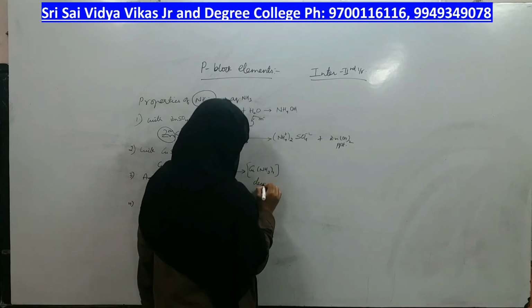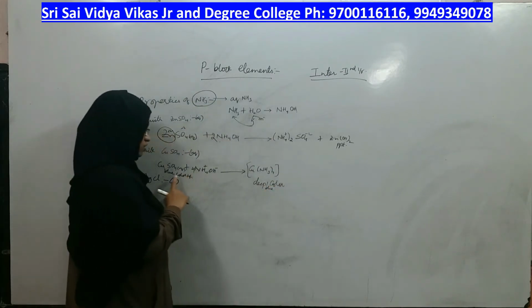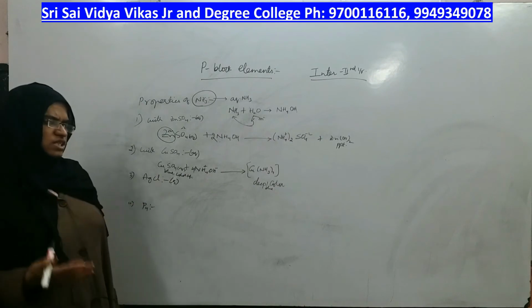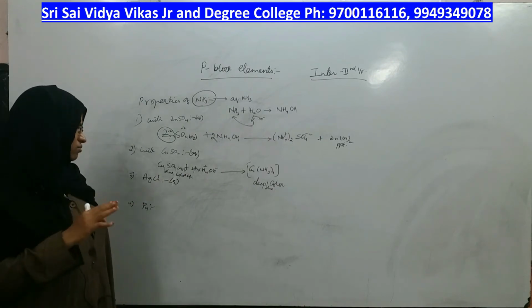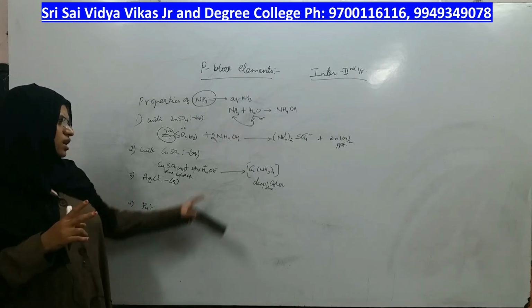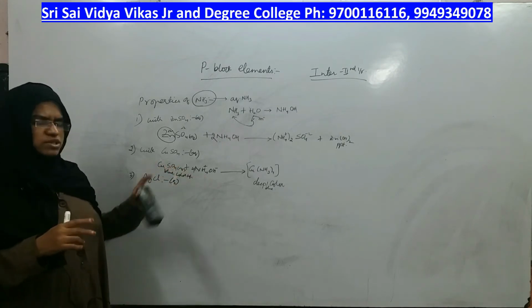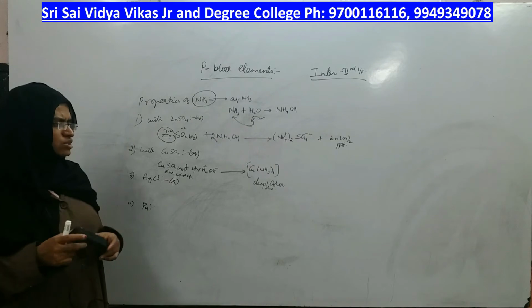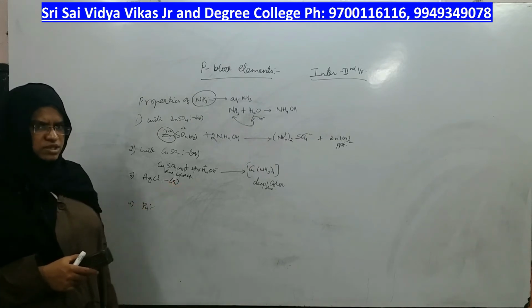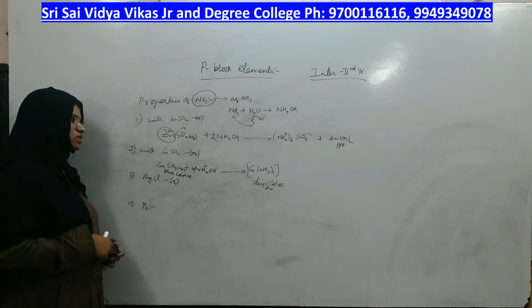What will be the color of this compound? It is a coordination compound, right? So the color is deep blue. Can you differentiate normal blue color from deep blue color? Yes. If you can see that the color is changing from normal or light blue into deep blue, that means ammonia reacted with copper sulfate to give you a complex of copper and ammonia, which is nothing but copper amine complex, right? That is one more reaction of ammonia.